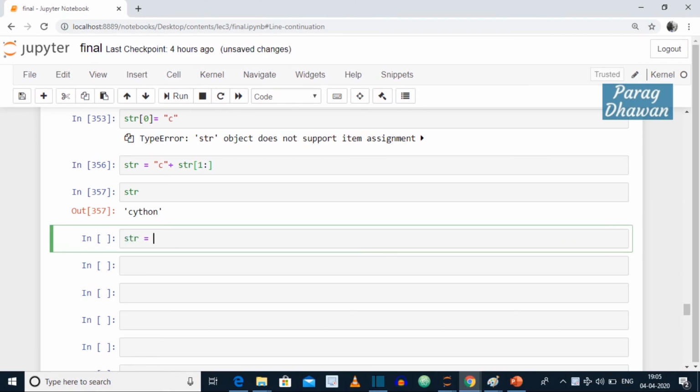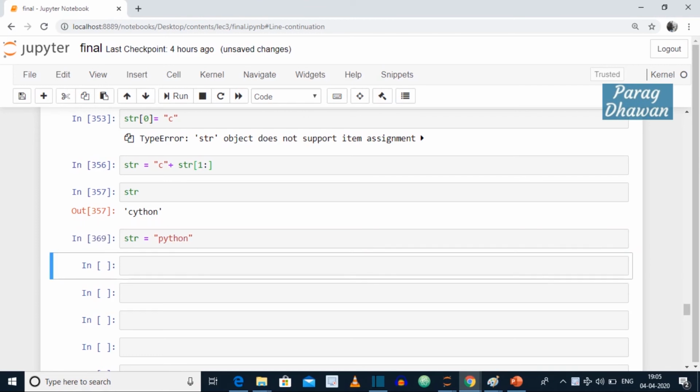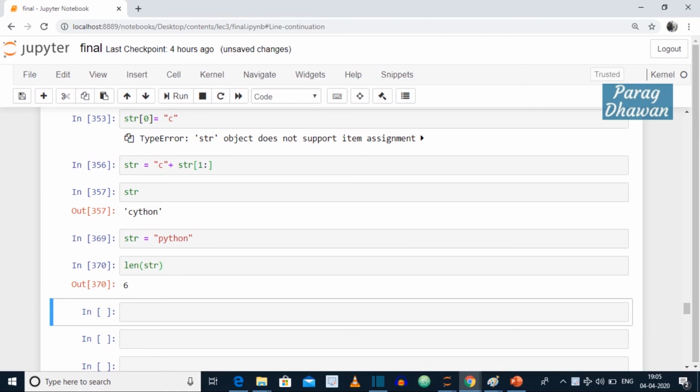Let's have a string called Python. If you want to find out the length of the string, the function is len and the string. Here the length of the string is 6 characters. If you want the first character from the string, I write str in square brackets index 0.